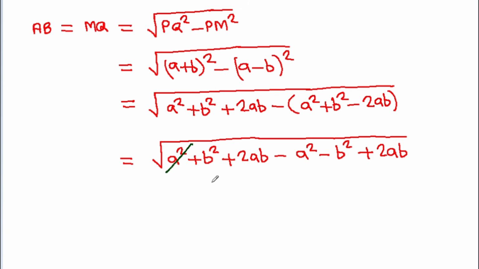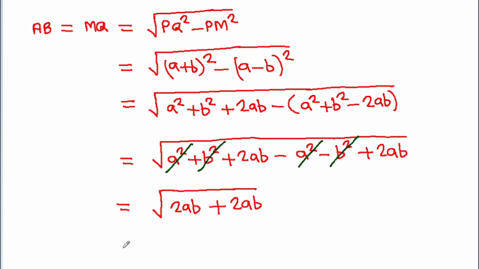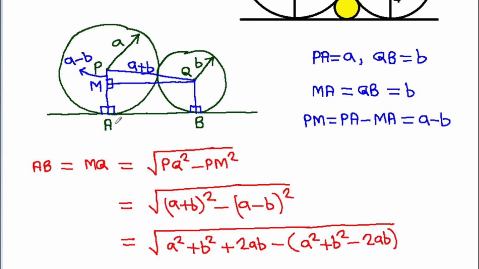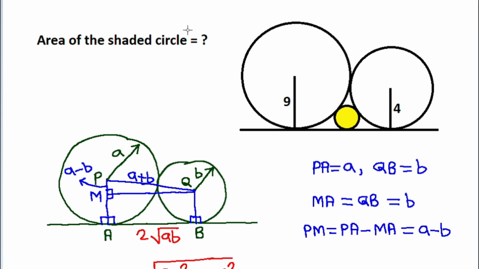and a squared will get cancelled, b squared will get cancelled, so it is root under 2ab plus 2ab, that is root under 4ab, that will be 2 times root ab. We get AB is 2 times root ab, so